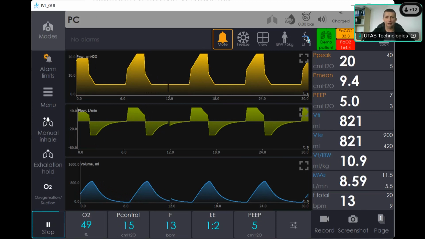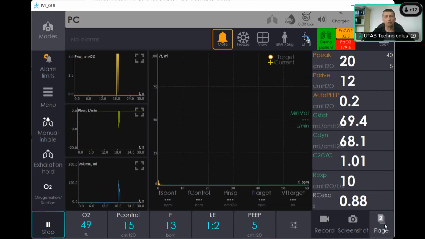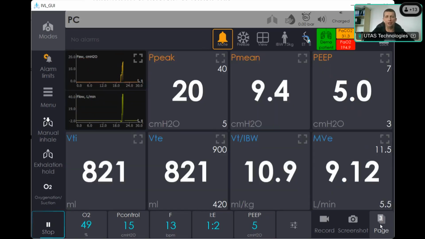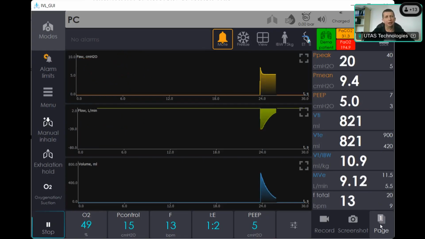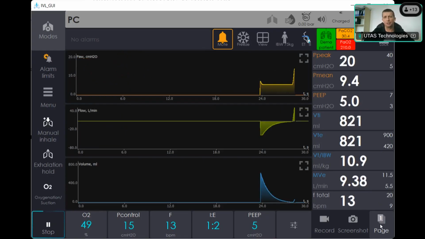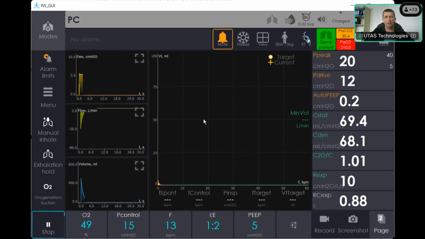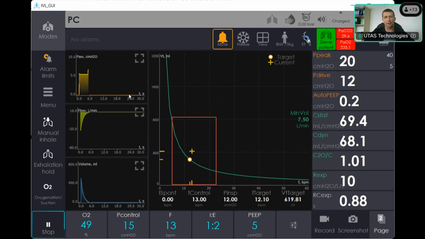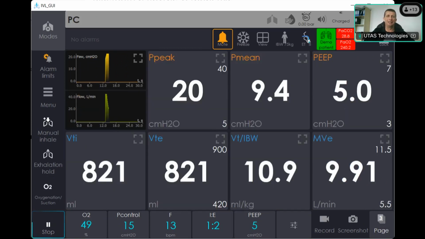On the lower right corner, you can see a button called page. Here we have the possibility to list 3 pages by default. One page is pre-configured with the curves and monitoring data, main monitoring. The second page is one big graph and then small curves and breathing mechanics data on the right part. And the third page is a big numbers mode